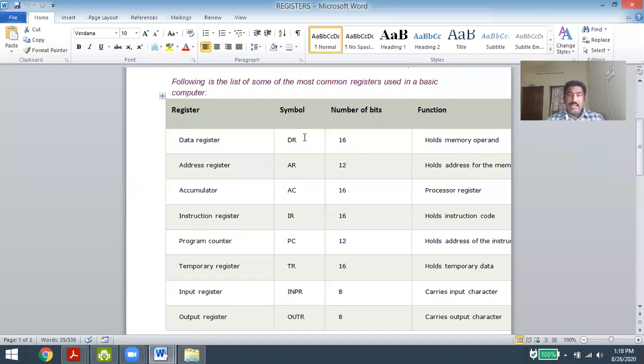Let us start with the data register. What is a data register? A data register is a register attached to the processor to store the data which is received from the IOs as well as sent to the IOs. That means whenever a key is entered on a keyboard or some button is pressed on a mouse, this action or operation is received by the processor with the help of a data register.